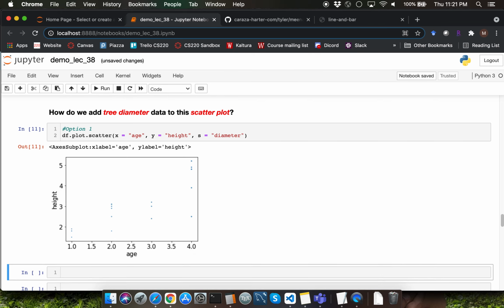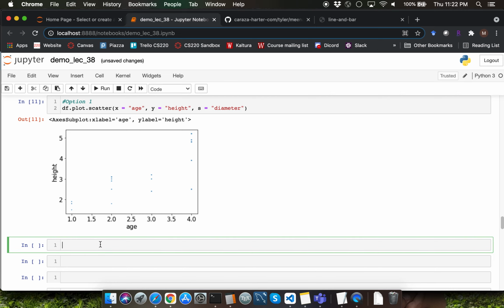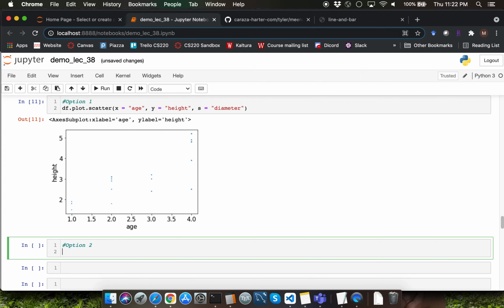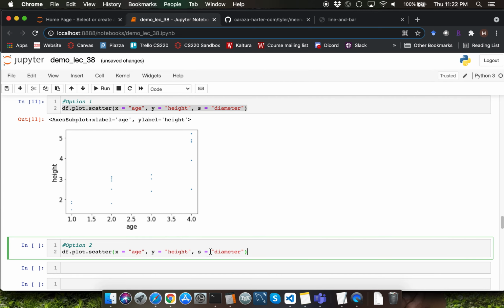Let's execute the cell. Observe that your plot points diameter are coming from the diameter column, which is identified using the column index diameter. There is one problem with this plot. All of the plot points look very tiny. Let's first go through option number 2, which will enable us to fix the issue with the sizing of each of those plot points. Instead of using the column index, you could extract the series which represents that particular column